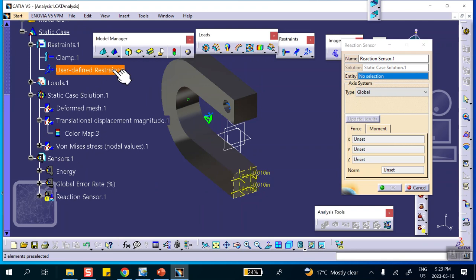I'm going to use the user-defined restraint that I used, made it 0, and then changed it right there. And then you say update. There we are. 284, almost 285 pounds. Almost 285 pounds. Just remember this 285 because I'm going to come back and say something about it later on. So remember, you have to put the cursor on the sensor, right click, reaction sensor, second last. And here, look,